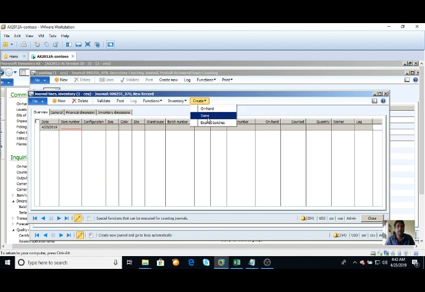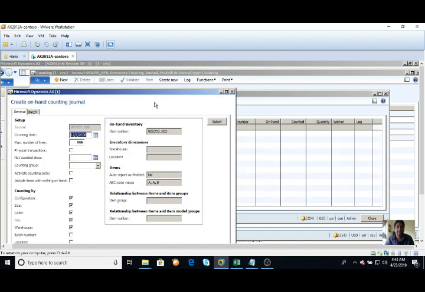And if you click on items, it will also count for all the items, but excluding the items which are expired. But if you click on the expired batches, it specifically counts those items which are expired, which batches that are expired. So we don't want to get into items and expired batches. If you click on hand and click OK